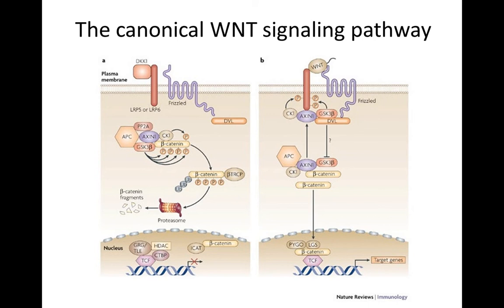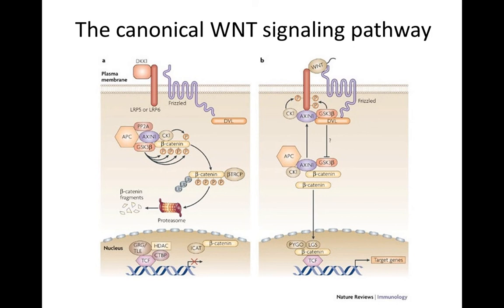So we became very interested in this Wnt pathway, and I'll show you the connection to amphiregulin here in a second. But I just wanted to show you a couple things about this pathway. There's a lot of really funky names to the proteins involved in this, like frizzled and disheveled. And this all comes from the fact that these proteins were all discovered by fruit fly biologists who, if you work with fruit flies, I guess you've got to think of clever names for your genes. Anyway, so I'm showing you two pictures of this pathway. In this picture, the pathway is in the off position, and in this picture, the pathway is on and signaling.